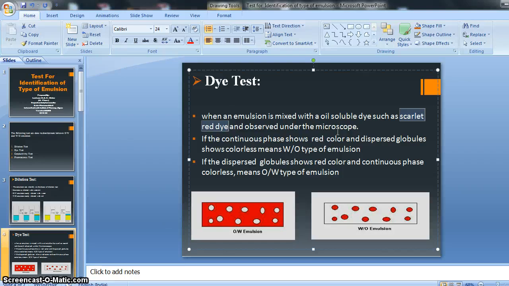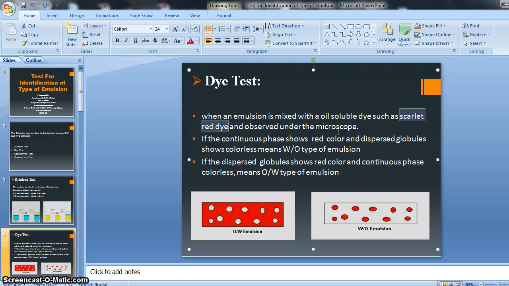Also it is very important for your entrance exam, various kinds of questions are asked about it. So you should remember it, scarlet red dye, an oil soluble dye used for the identification of emulsion. Scarlet red dye acts as one kind of agent for the identification.